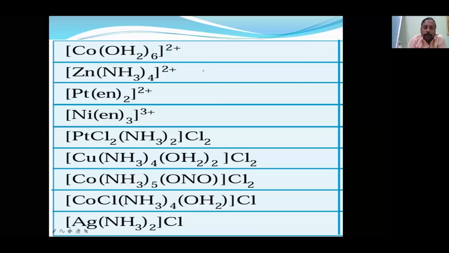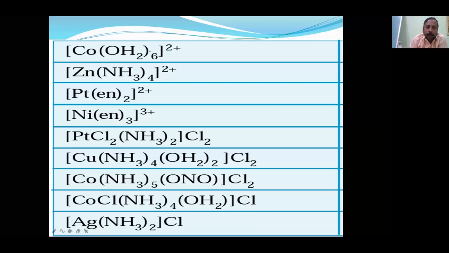Understood? These are the combined questions. Somewhere positive, somewhere negative, somewhere neutral, and somewhere two types of ligands. So write this, and then you will keep your name. Any book you will find, including NCERT, for OH, what is the charge? What you should write. For ammonia, what is the name? What is the charge? NCERT also, if you keep, don't worry about the notes. The best notes are the ones prepared by you.